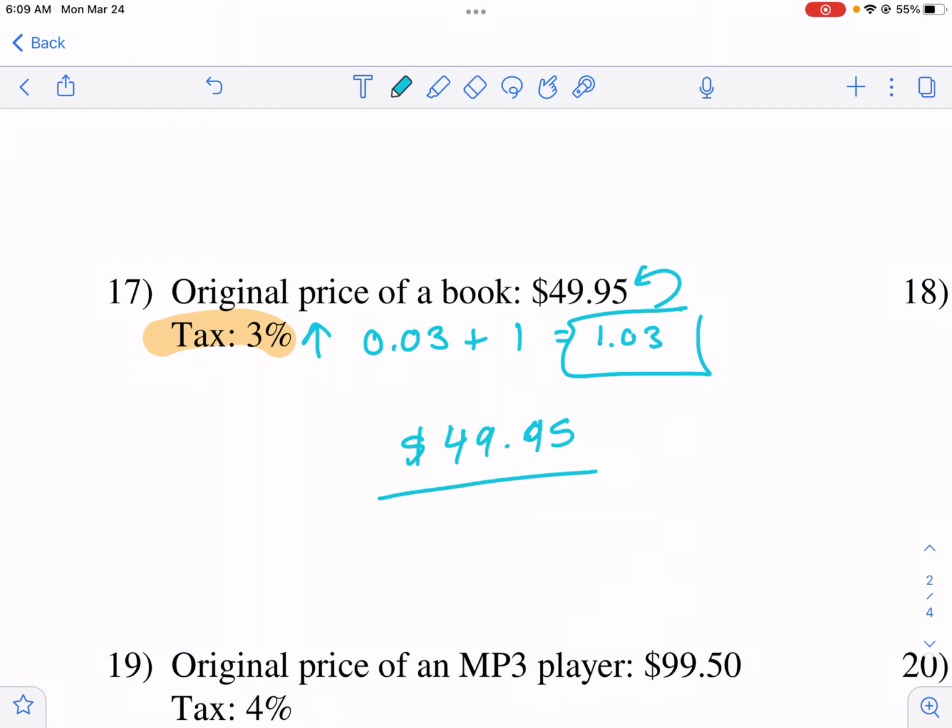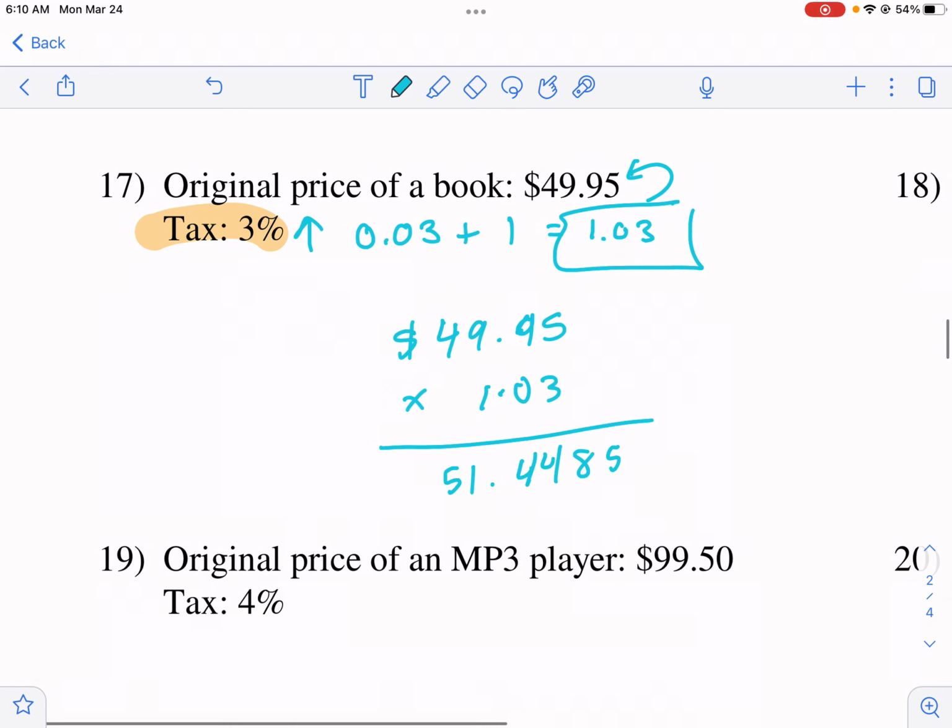And now I don't have to worry about, am I adding, am I subtracting the final? Far less mistakes can happen using this method. So I do 49.95 times 1.03. I'm just punching in my calculator and I get 51.4485. So this is going to round up to